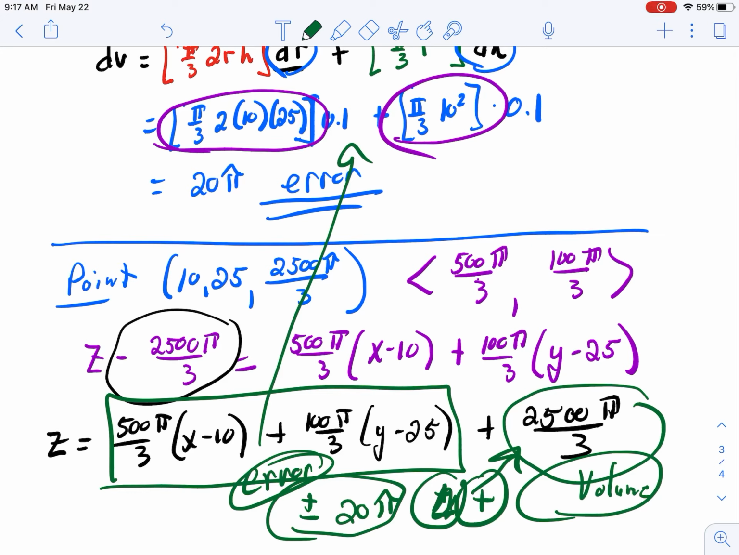And again, how do you write the equation of a tangent line? Point and slope. How do you write the equation of a tangent plane? Point and slopes. And remember, the z part is the actual value, and the other part is the error factor. All right, so hopefully